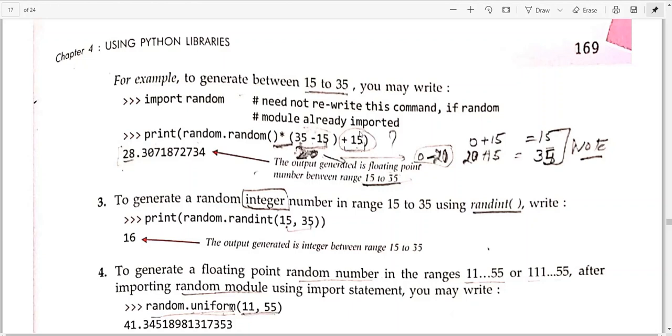Okay, so if you need to generate a number within the range of 15 and 35, you will write it like this: 15 से 35 के बीच में एक random number generate करेंगे, right? But what you are trying is something else. If you multiply the random number in this way, this is another way. So we can get random number values using different methods. This is one of the methods I am telling you now. One method is this: you straightforwardly specify the range 15 to 35. So a random number between 15 to 35 will be generated.